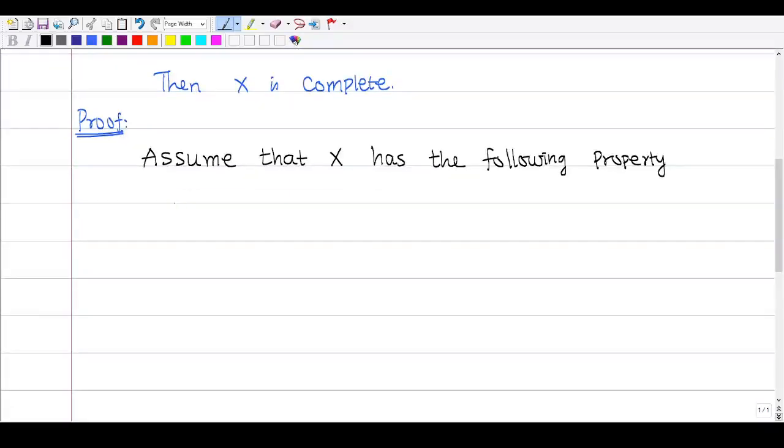That is the property வந்து என்னதுன்னா, for every sequence fn of non-empty closed sets satisfying